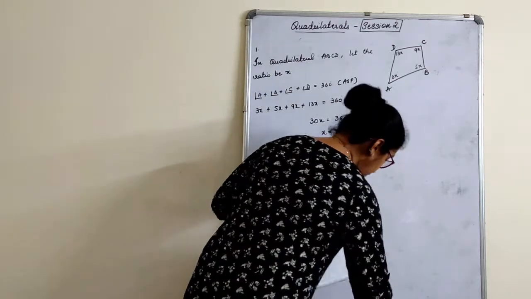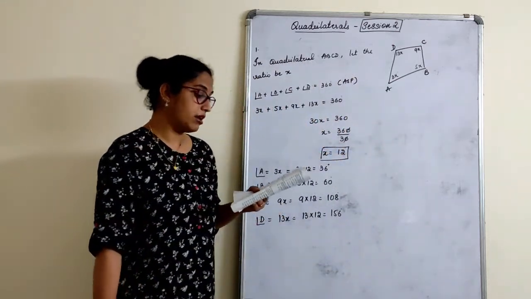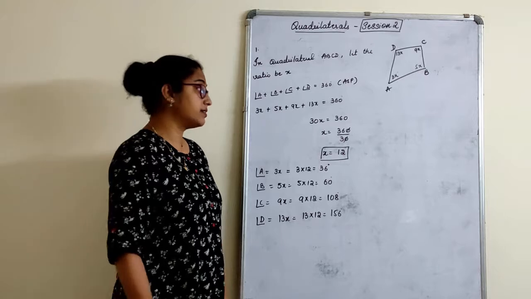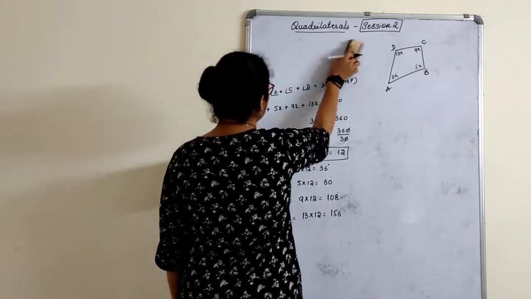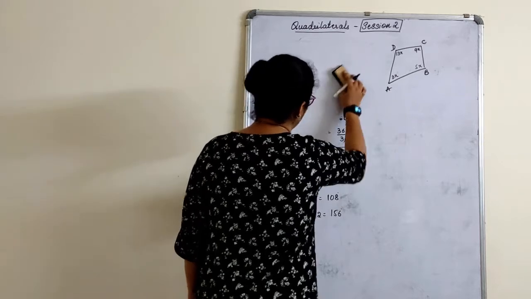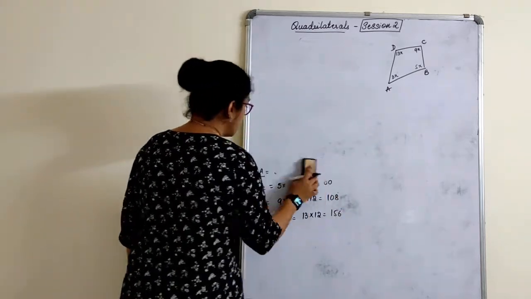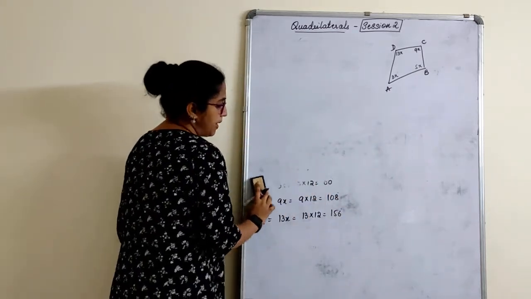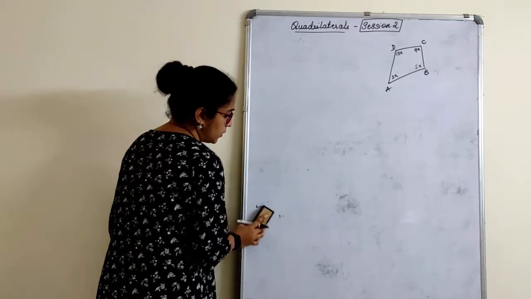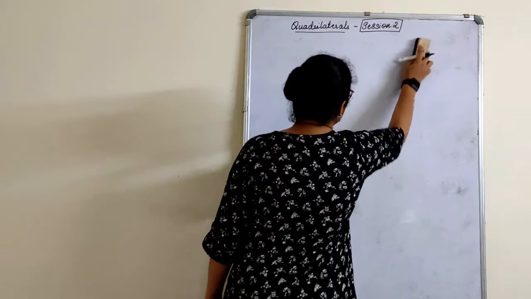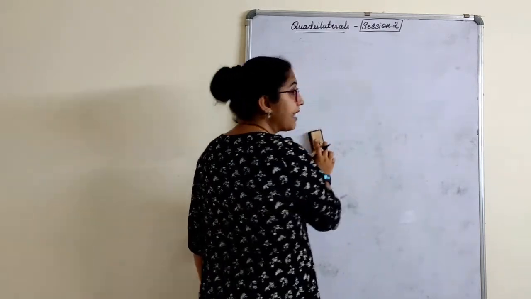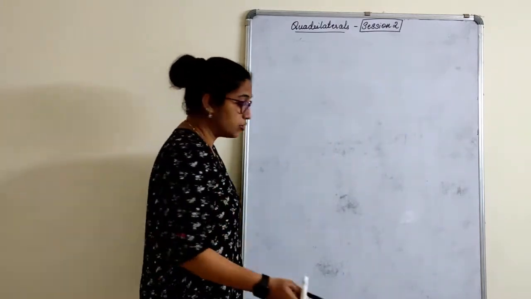If the diagonals of a parallelogram are equal, then show that it is a rectangle. Now see, we know that a rectangle is a parallelogram, right? Why? Because it satisfies the properties of a parallelogram. Opposite sides are equal in a parallelogram also. Opposite angles are also equal. Yes, a rectangle is a parallelogram, but a parallelogram cannot always be a rectangle. That you should know.